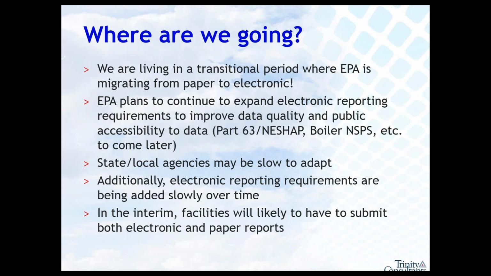So to start to wrap up here, where are we going? Again, we're living in a transitional period where EPA is migrating from paper to electronic. We're moving from, in a lot of states, a paper-based compliance system to something electronic. You can only expect that electronic reporting requirements are going to become more and more applicable and cover more and more sources over time. So if you have a facility that's subject to any NESHAP or NSPS, you need to be especially mindful of